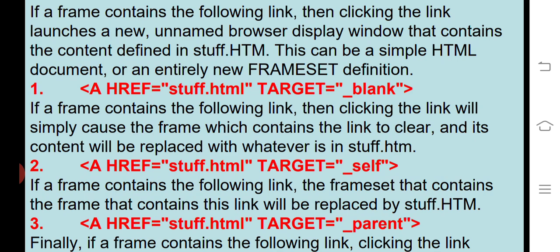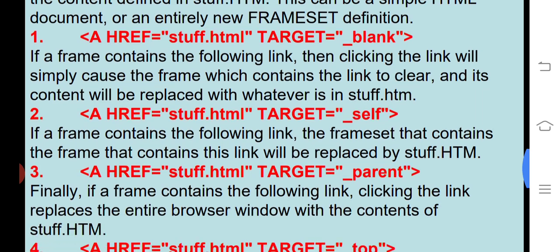The second one is stuff.html target _self. Here _blank. Clicking on the link simply causes the frame that contains the link to clear, and its content will be replaced with whatever is there in stuff.html.